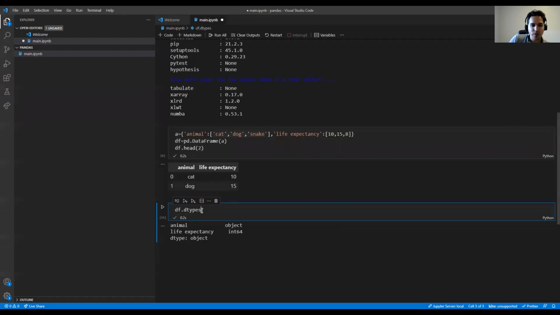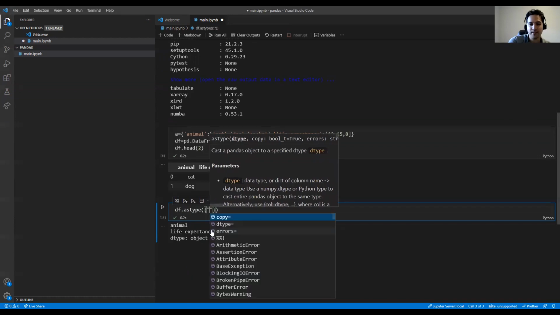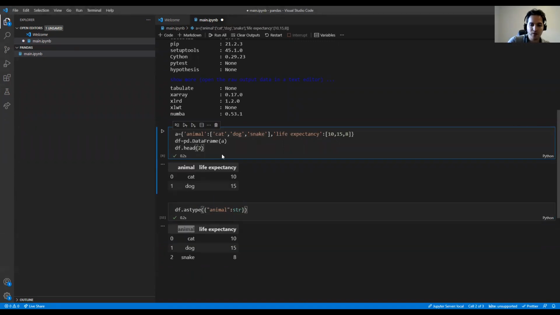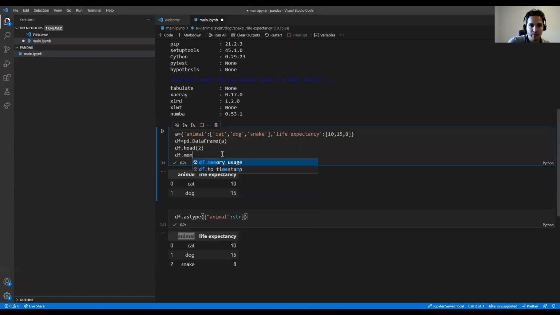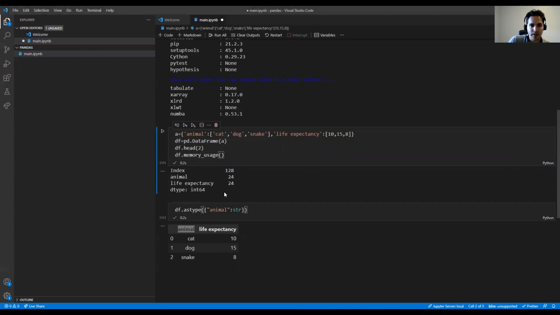What we can do is say df.astype, and we set the type. We can pass a dictionary with the column name. So this column name is animal. We can say the animal is str. There is another command, df.memory_usage. Let's see. It says the memory usage is that the index is taking 128, animal is 24, and life expectancy is 24. If I do that and check the memory usage again,